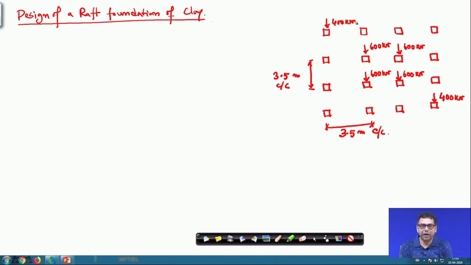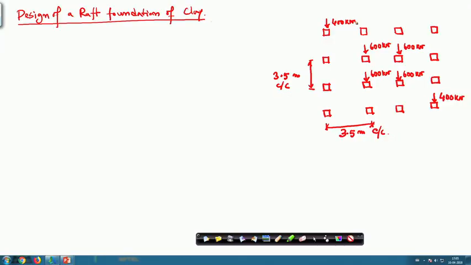Now, if we find the isolated footing is not sufficient and all the footings are overlapping each other, then in that case we will go for the raft foundation, where we take all the columns under one foundation. And another thing: in this case we are talking about the maximum settlement, but if we are designing isolated footing we also have to check the differential settlement, because the loading in different columns is not the same. So, your settlement will also be different.